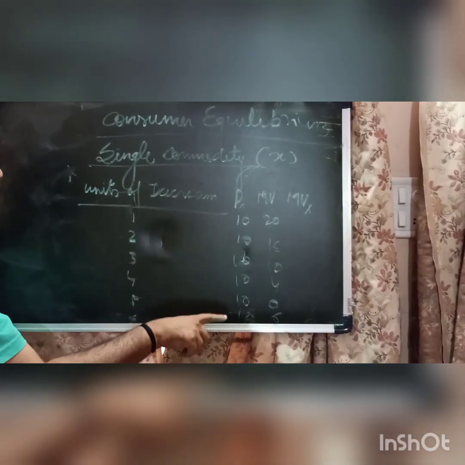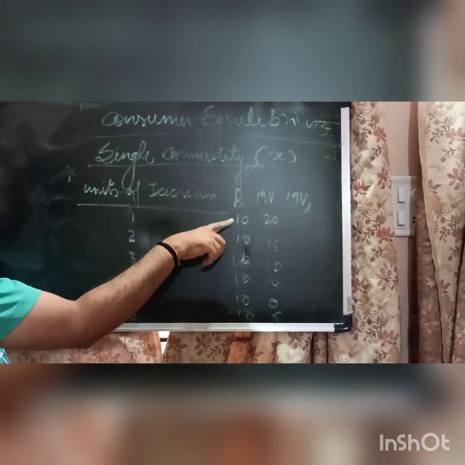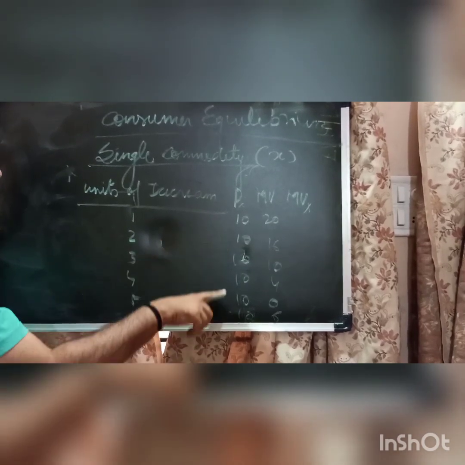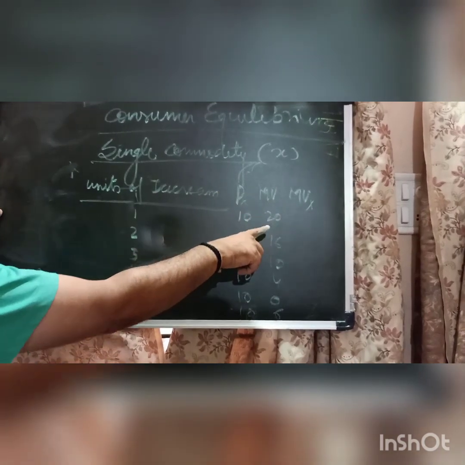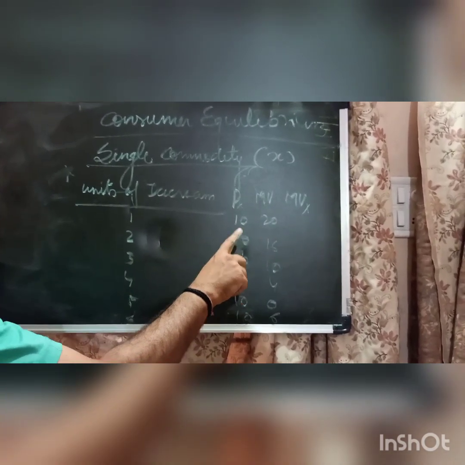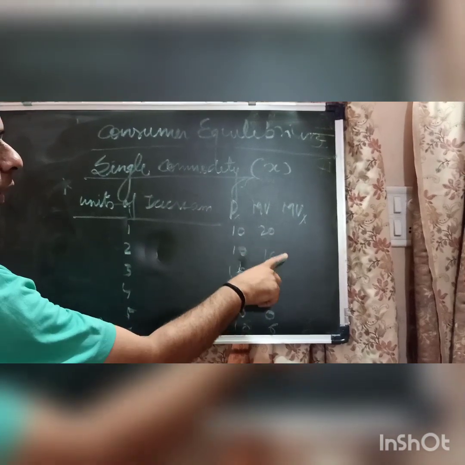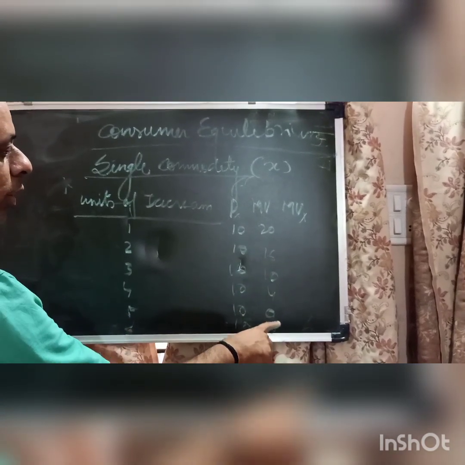इसको 10, 20, 30 नहीं लिख सकते. Price of one ice cream is written here. That will be 10 for all. And it is our assumption also. Now the given marginal utilities, we know that marginal utility always decreases. So 20, 16, 10, 4, 0, minus 6.